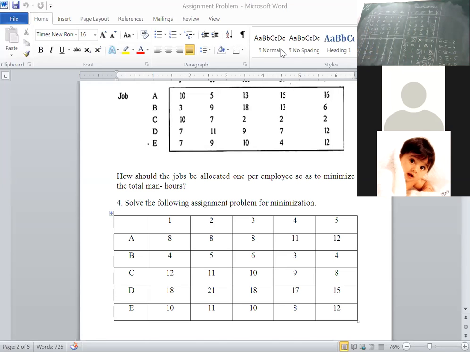Okay. Shall I go for maximization? Yes, ma'am. If you are having any queries, please raise your queries because the minimization problem is over. You know the procedure, you know how to draw horizontal and vertical lines. That's why I will give some sample problems, you have to practice them. One student wants to ask a doubt, please raise your doubt.